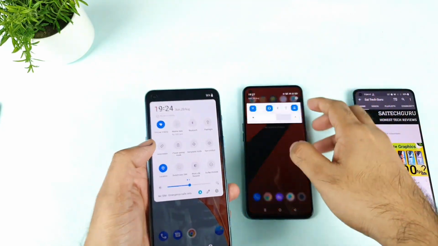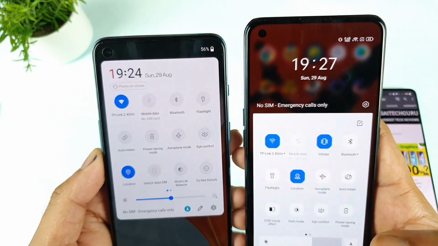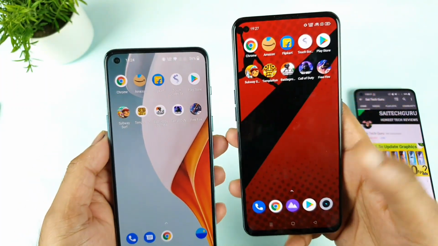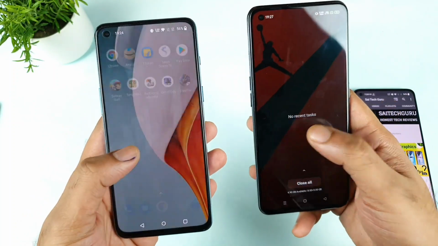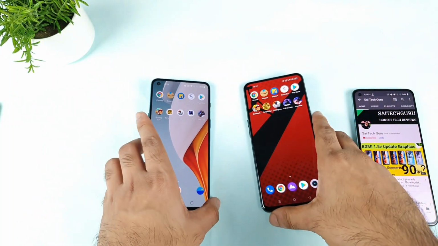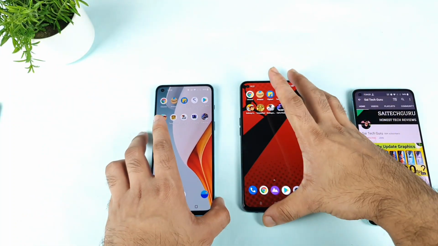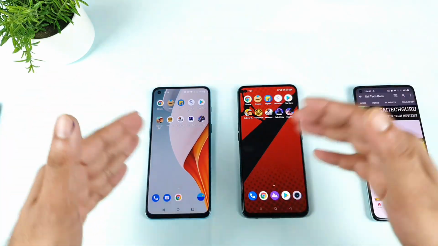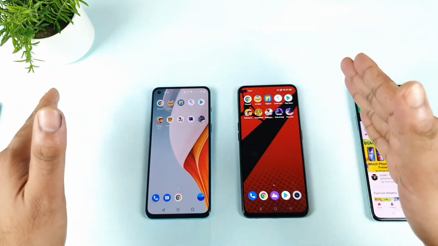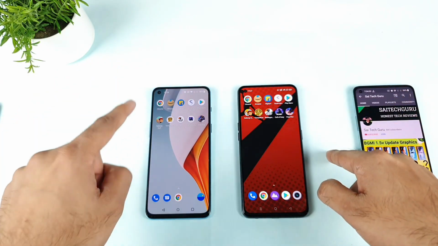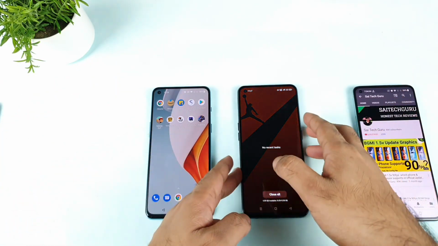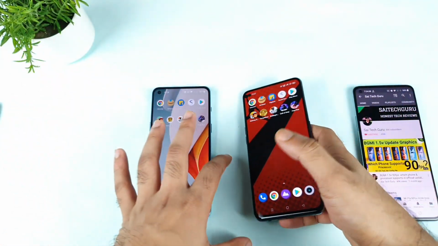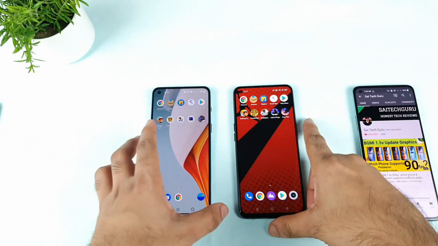During this process, I'm connected to the same Wi-Fi network, exactly 2.4 GHz in both phones. You can clearly see here. And everything in the background is completely clean. So now let's get started with the speed test. Let's see which phone will be able to open these applications and games faster without using any kind of high performance mode. I did turn on the RAM boost and extended RAM capabilities in the Realme X1 Max device. These are the two things I was just mentioning before starting the video.